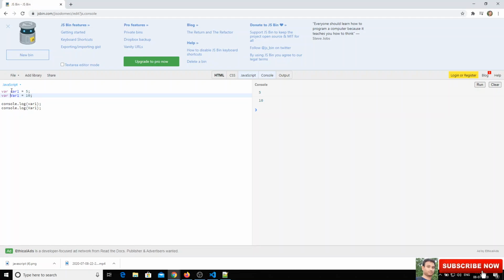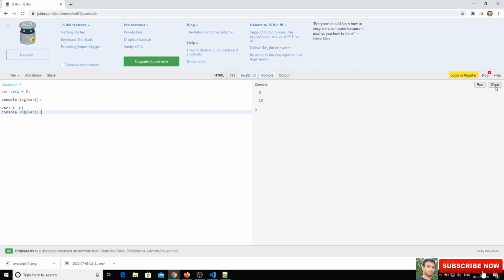Now I will remove this variable, and I will also remove this console.log. Now I will assign 5 and console the variable value, then I will change that to 10 and console.log var1 again.